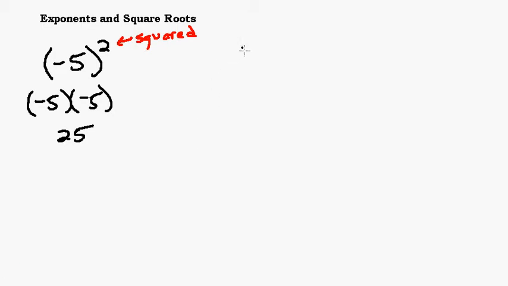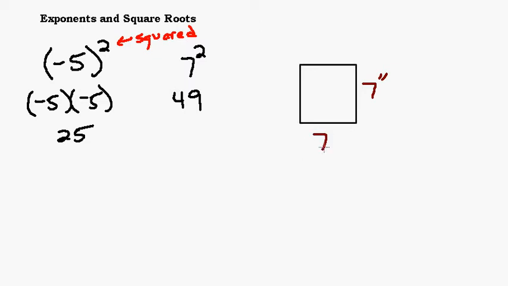We'll do another one squared, except I'm going to do a positive one. Say I have 7 squared. I don't have to use parentheses when I don't have a negative. 7 squared. Remember what that is? It's not 14. 7 squared would be 7 times 7, which is 49. And why the word squared is in there has to do with this little guy here. If you have a square and you know that each side is 7 units, say it's 7 inches or 7 feet or 7 whatever on each side,